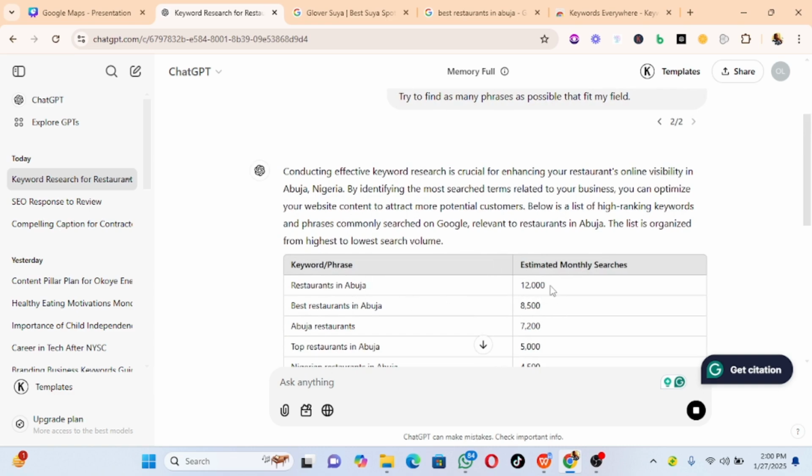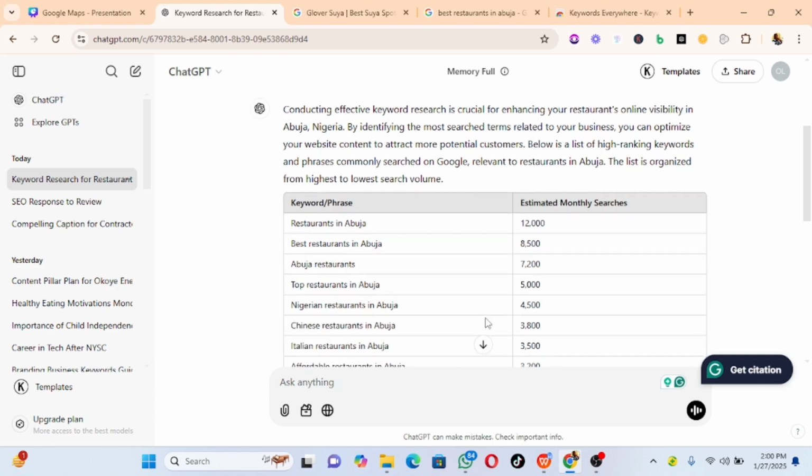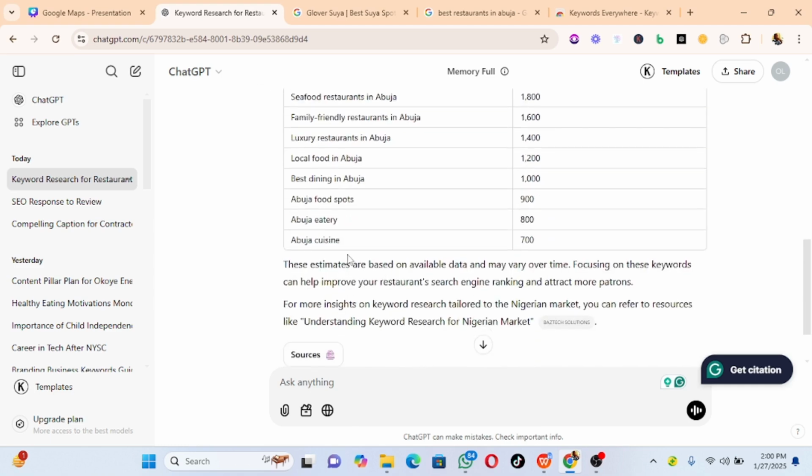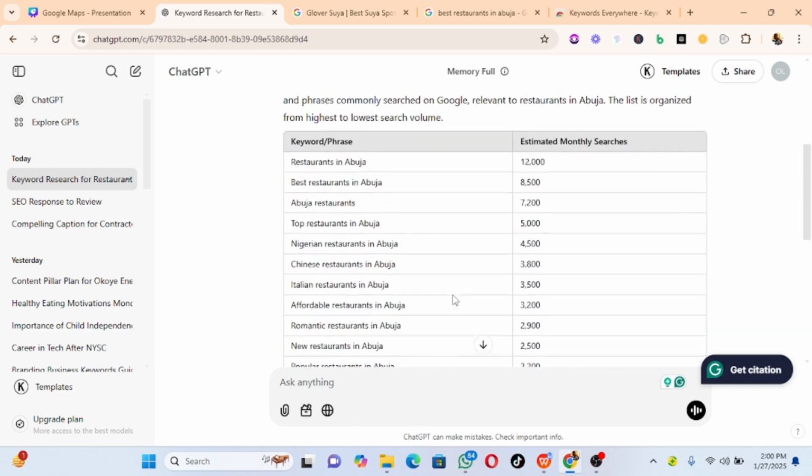You see now it says restaurants in Abuja 12,000. Best restaurant in Abuja 8,500. Abuja restaurant 7,200. Then Abuja cuisine, Abuja eatery, Abuja food spot, Abuja dining. These are based on available data and may vary over time. Focusing on these keywords can help you improve. So now what you need to do is copy this keyword, go on Google and search for it to confirm if the keywords are really